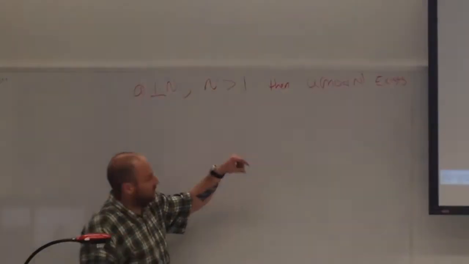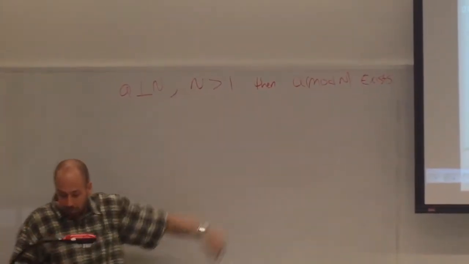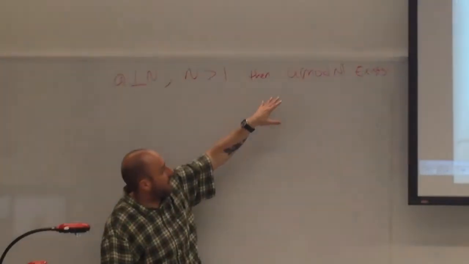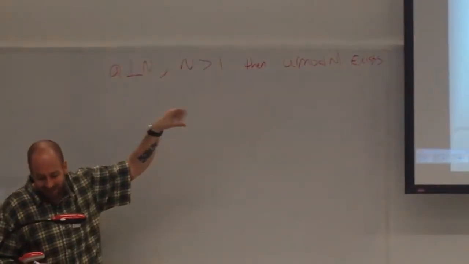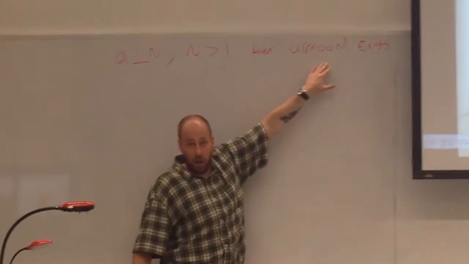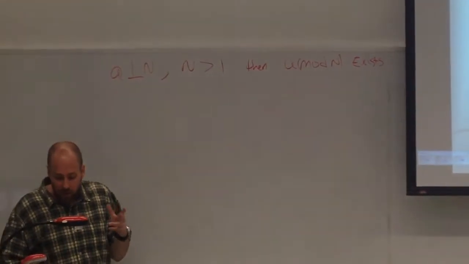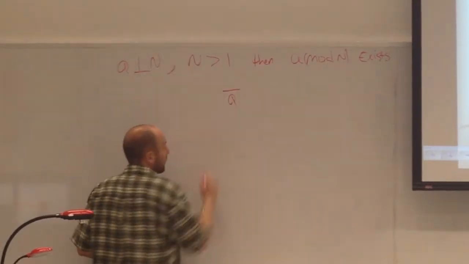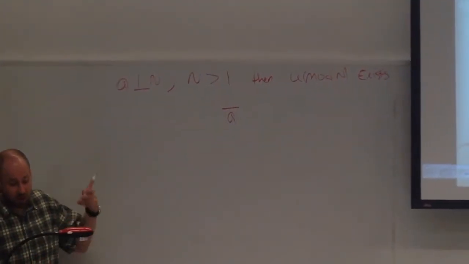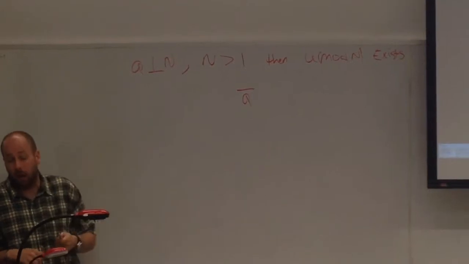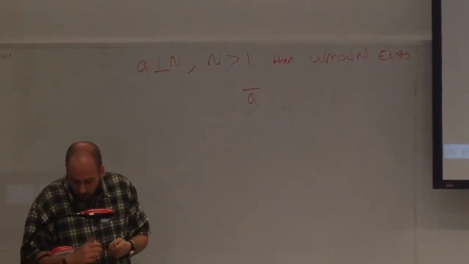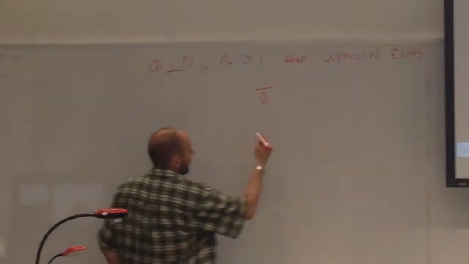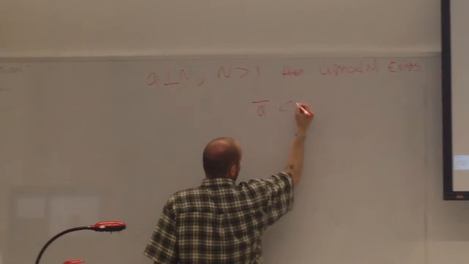Furthermore, the inverse of A mod N, since it exists, is unique mod N. That is, there's a unique positive integer, we'll say A bar, that exists because A mod N exists. So with that being said, there is a unique positive integer A bar, and since this unique value exists, it